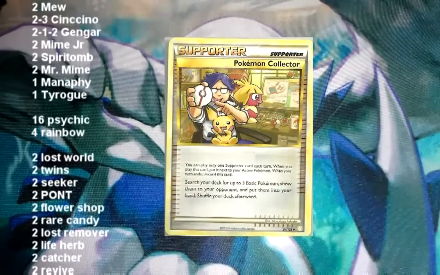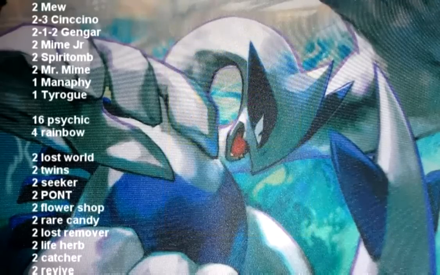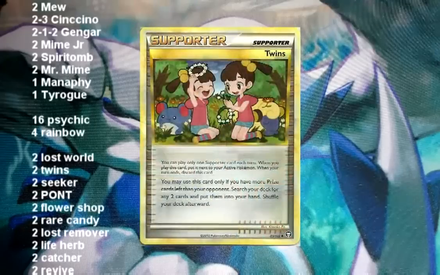Best card out there is Pokemon Collector. You'll need at least 3, if not 4 of them. If you don't have Pokemon Collector, you can always run Dual Ball, but Collector is definitely preferred. Since you're not going to be taking many prizes with this deck, since you're just putting Pokemon in the Lost